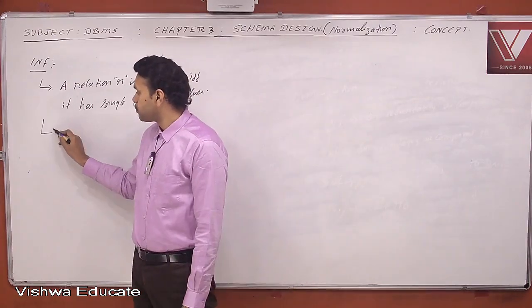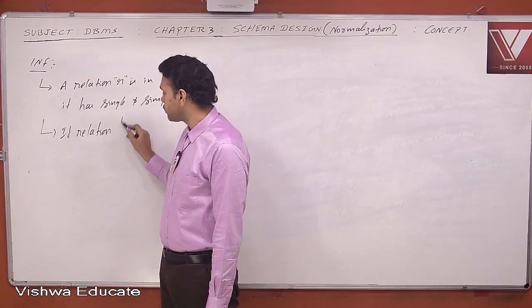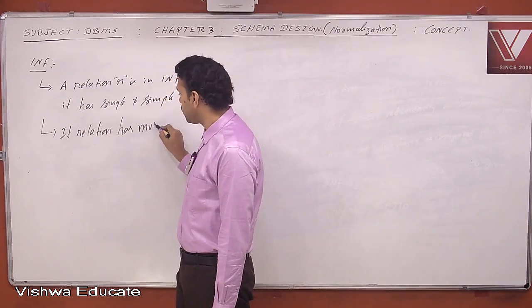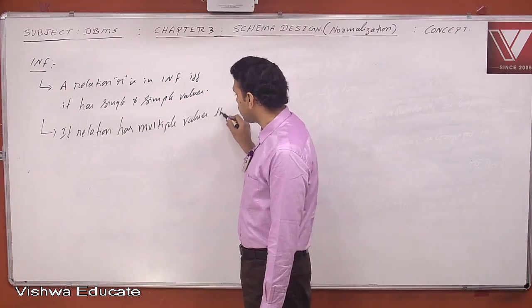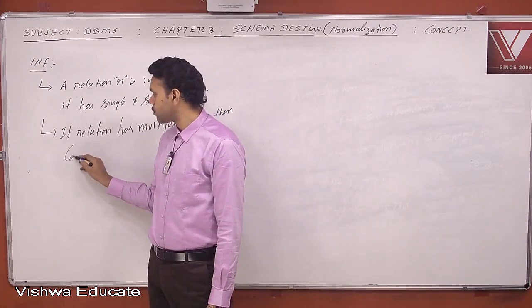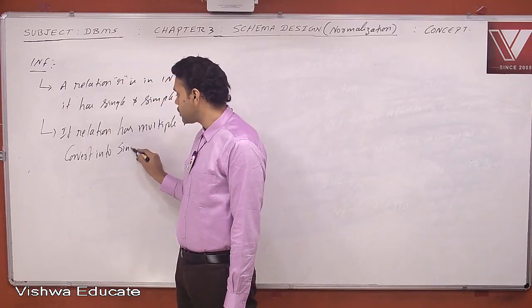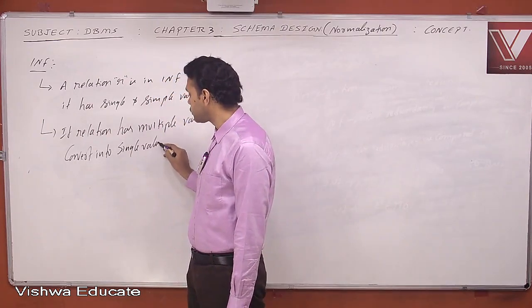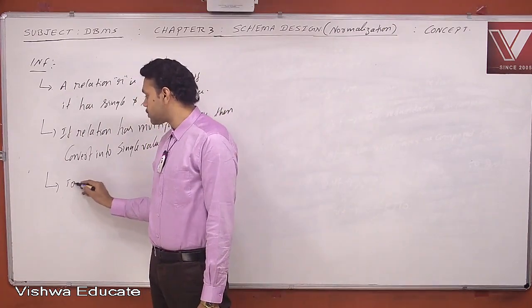Next one. If a relation has multiple values, then convert into single values. To convert into single values,